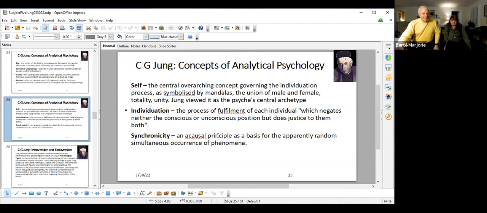And then finally, we have this notion of synchronicity, which he viewed as an acausal principle. I'm not sure, with this notion of compactified dimensions, that there isn't some notion of causality there for the apparently random simultaneous occurrence of phenomena. And this is what he spent all his time with